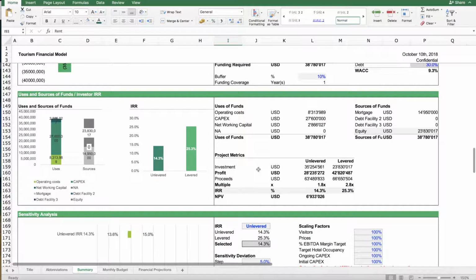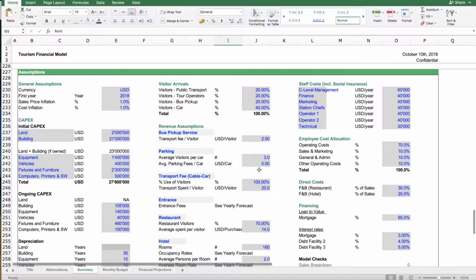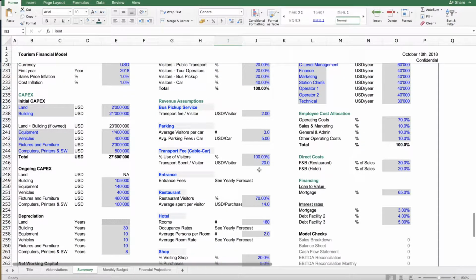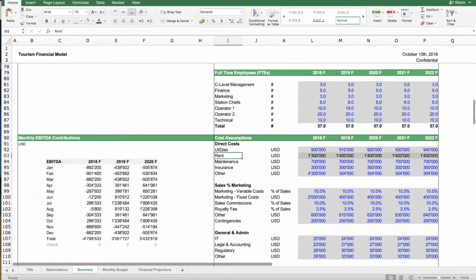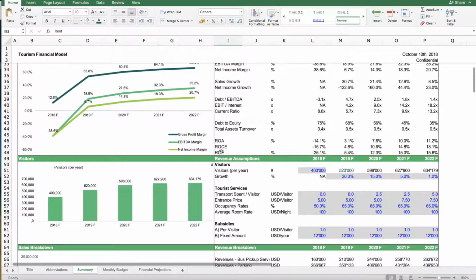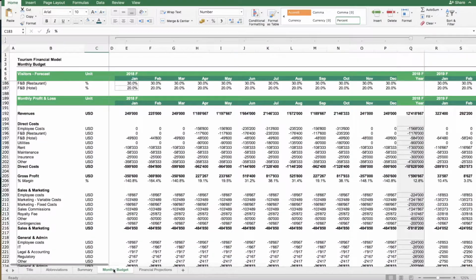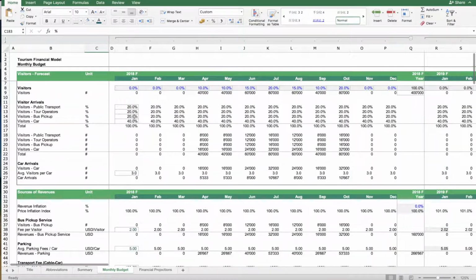So one task to do is to derive the financial projections of your revenues. All your revenues are basically driven by the number of visitor arrivals. So what you need to do is to estimate how many visitors you can attract for the next years, and then also think in which months these visitors will visit you. Tourism projects are mostly subject to a lot of seasonal effects. So there might be months you have no visitors, and there are other months where you have peak season. So this should be reflected in your monthly